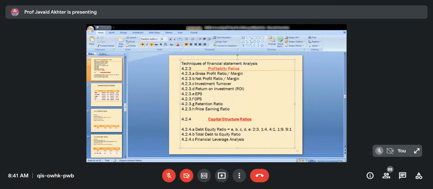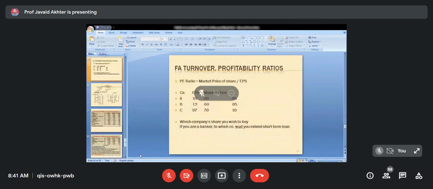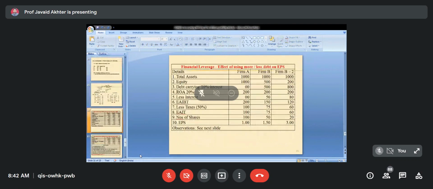If you do so, you are in a way indulging in financial leverage. That is, you are leveraging your profitability by changing capital structure. The meaning now is clear? Okay. Now it has been illustrated, and the illustration requires some concentration on these slides. So this has been worked out quite in detail.